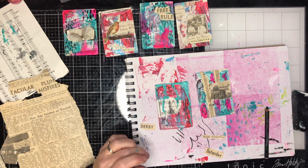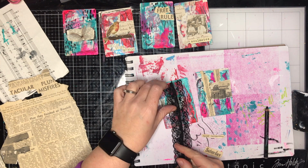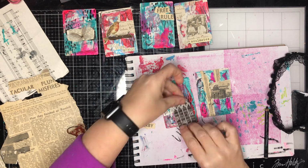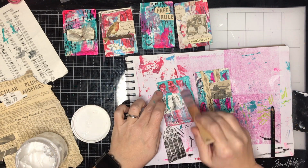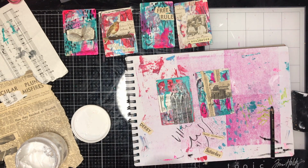So I found some words again in the newspaper that I'm playing around with, seeing if they work or they don't work. On this one I have some old haberdashery lace that I'm going to cut out and stick on. Oh no, I found my window, so I did the church window. So this is a collage piece by Dina Wakely, one of her collage tissues, so I'm just gluing that down on the